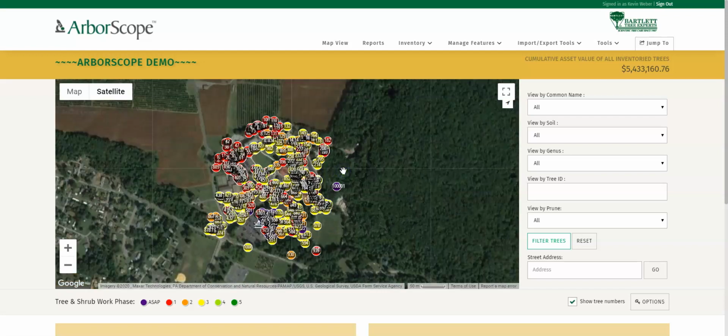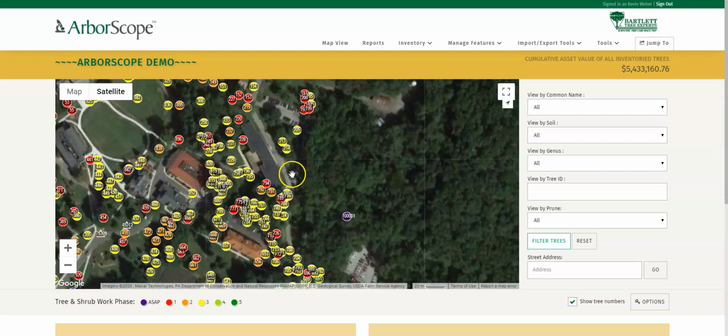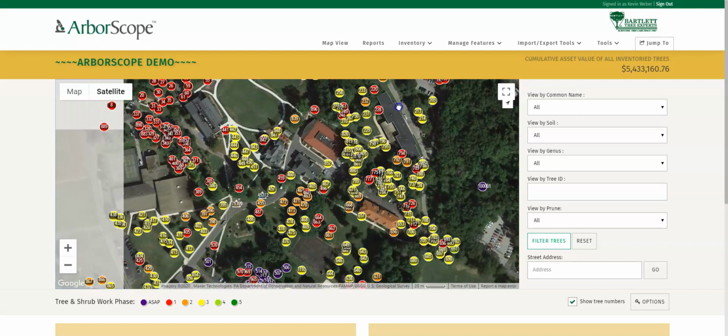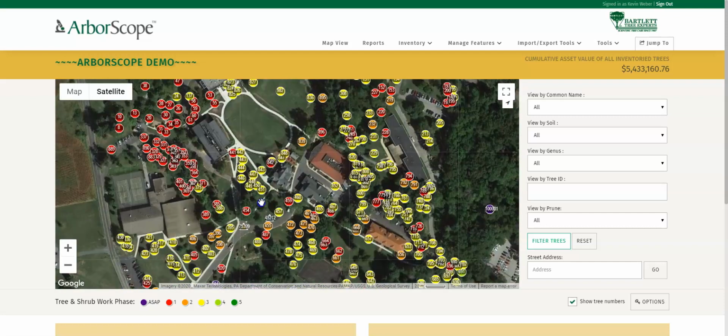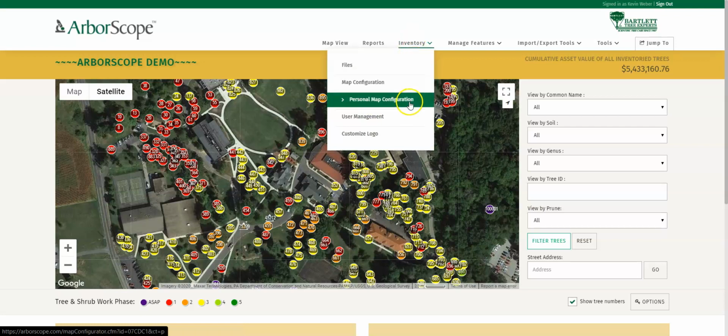So as you can see, when we click in on this map, it takes a second. It's not the smoothest, but this is about 1,000 trees. Typically, you tend to notice a little bit of lag time when you get up into the 1,500, 2,000, 2,500 and plus tree counts. So all we have to do is go up to our inventory tab, scroll down to